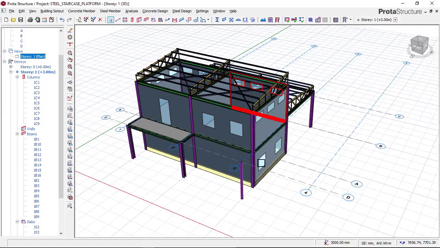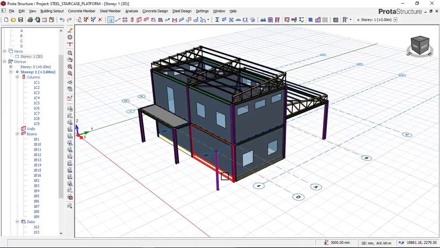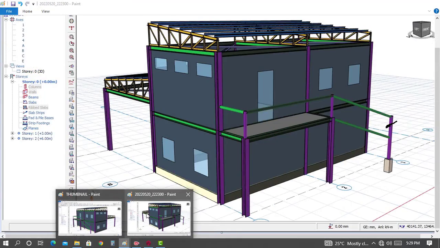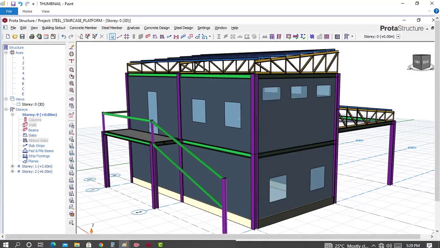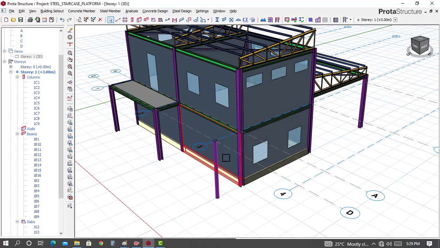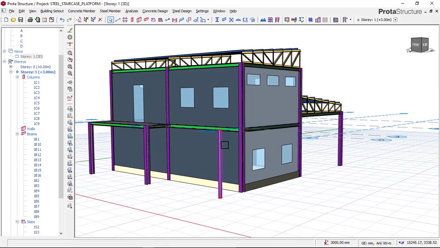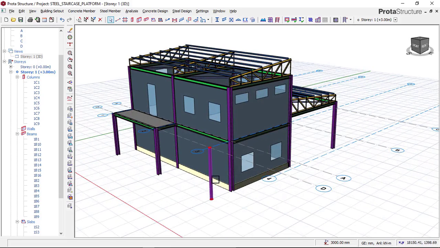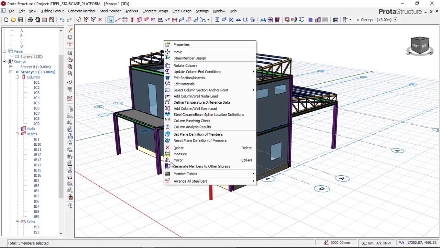Then we click on 3D views. Looking at this now, you can see what we just created, but looking at our sample right here, you can see that this column is not at the same level as this level. There is a drop down of -700. So we go back to our ProtaStructure. You can see that there is a drop down from our sample. We can work on this 3D view here. We'll click on this, right click and say